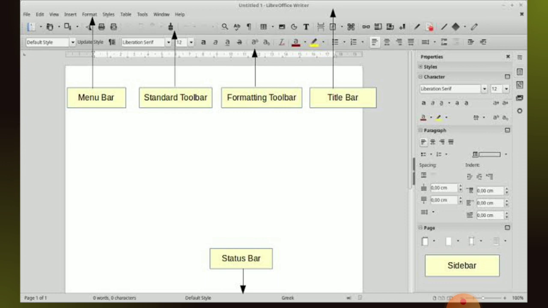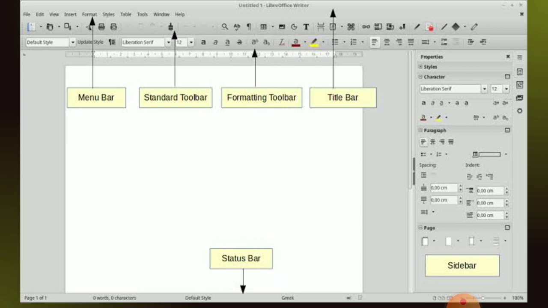Okay, and below that you have the formatting toolbar. Whatever changes you want to make to your text, whatever you have written in the document, you want to underline, to change font, to color it, to make it capital or small, to change size, to change font style. So a lot of options are there, to indent, to put your text on left and right. So this is the formatting toolbar to do formatting on your text.